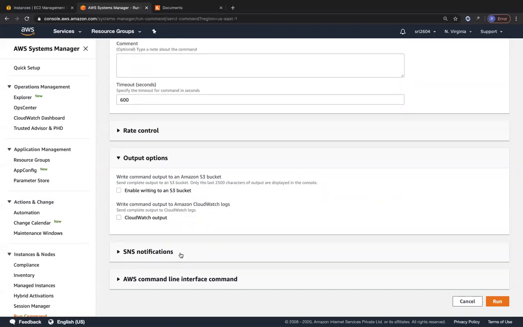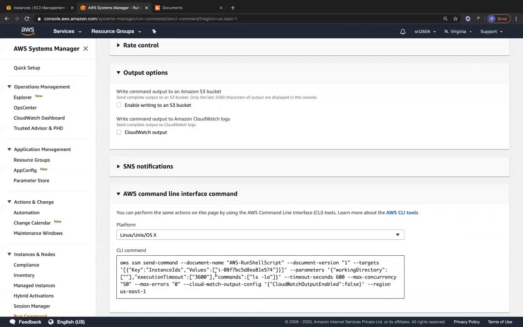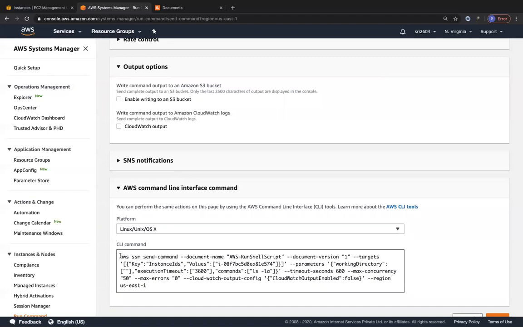What AWS CLI command is going to be executed in the background is mentioned over here. It's going to send that command with the document name Run Shell Script and document version 1, using the target, which is our EC2 instance that we have specified, and it's going to execute this command on that managed instance.